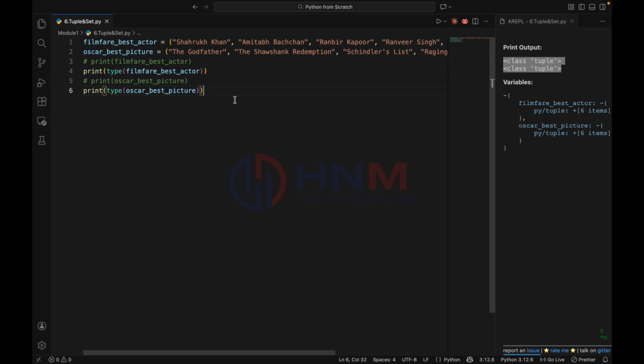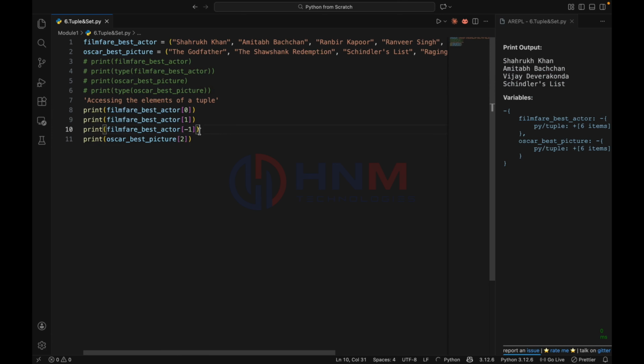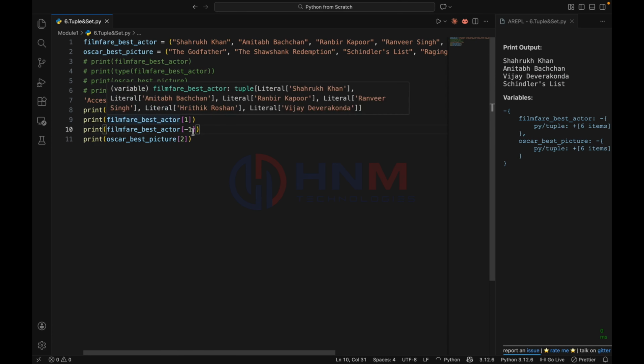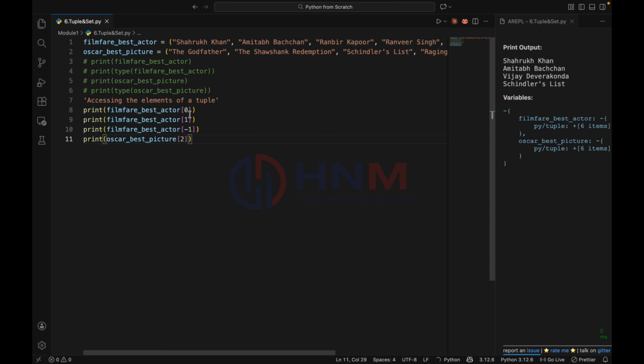Now I'm going to access these tuples. Accessing items works exactly like accessing values inside a list; the same way we access here. I'm going to print Filmfare best actors at index 0.